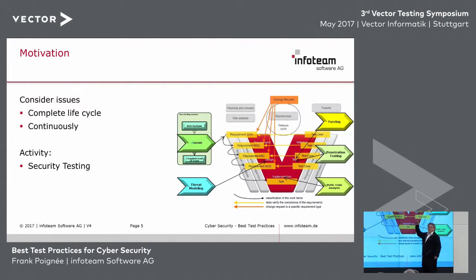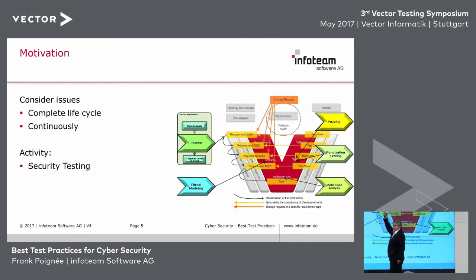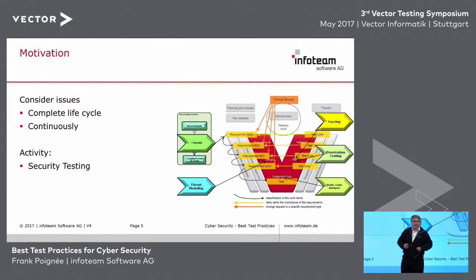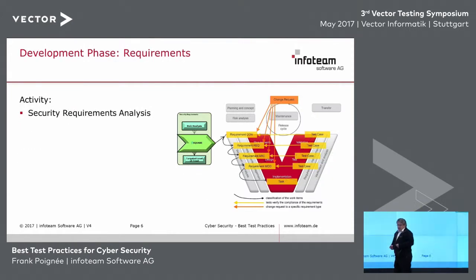Let's take a look at development. Most of you in the V model would point to the right-hand side, but that's too late. Your development needs to start right at the beginning, at the very first step that you do in development and engineering. And you have to think and do something in order to look at testing for safety and also testing for security. One possible way